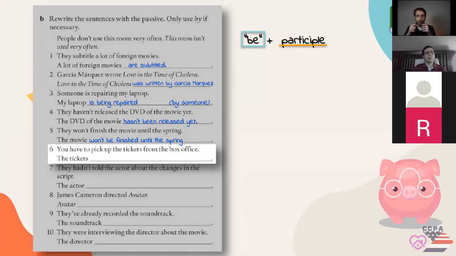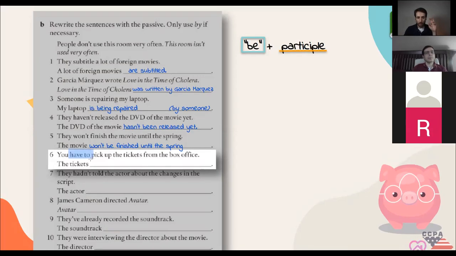When you have your ideas, always include it in the chat box. Just in case, let's clarify here what is the tense we are using. Yes, we are using have to. Remember that when you use have to, then the following verb is always in the base form. Exactly, Fidel there is giving us an answer.